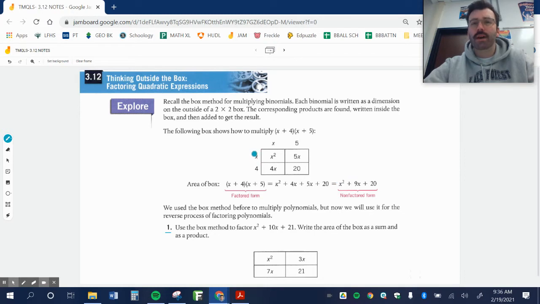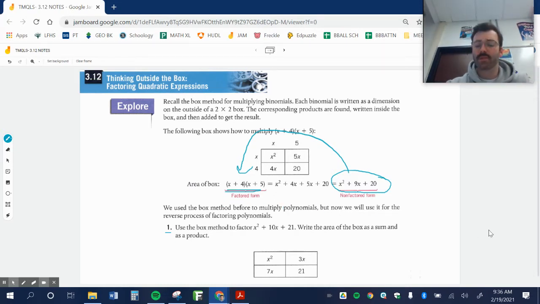Why is that the area of the box? Because area is length times width. If I multiply x plus 5 times x plus 4, I get the non-factored form of x squared plus 9x plus 20. And this is our factored form. So today we're trying to go from the non-factored form to the factored form. We used the box method before to multiply polynomials, and now we're going to use it for the reverse process of